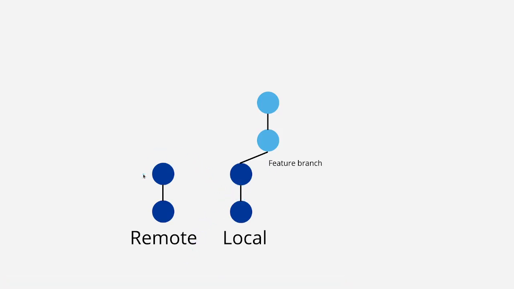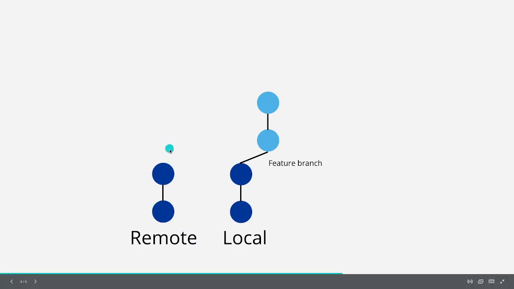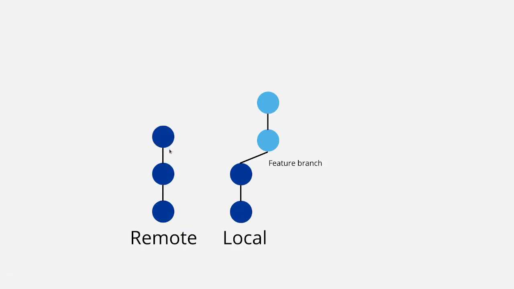There can be many more people working on this remote repository, and they have made certain commits too. So this is a new commit and it is not available in my local repository, so I will execute the git pull command so that my local repository is in sync with the remote repository,